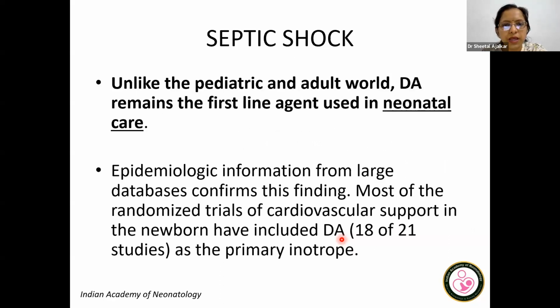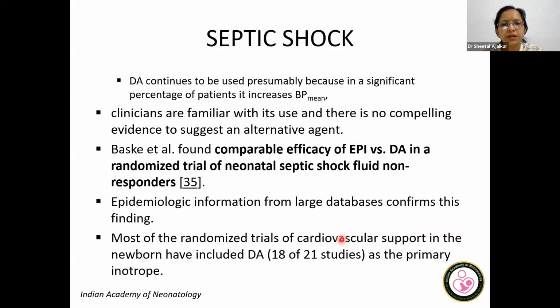is what the current evidence shows. And then, unlike the pediatric and adult world, dopamine remains the first line agent in neonatal care, because if we see the epidemiological information from large databases, they also showed that dopamine has been used, and most of the RCTs have used dopamine as the primary inotrope. The reason why it is the first drug recommended based on many of the studies is because